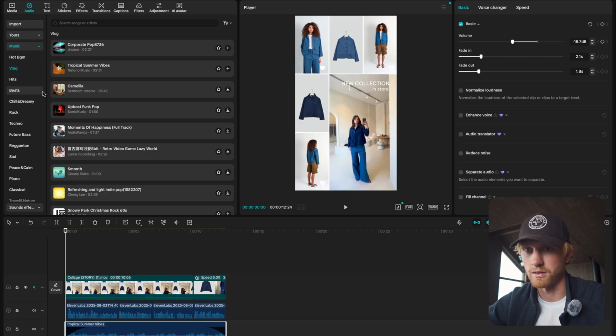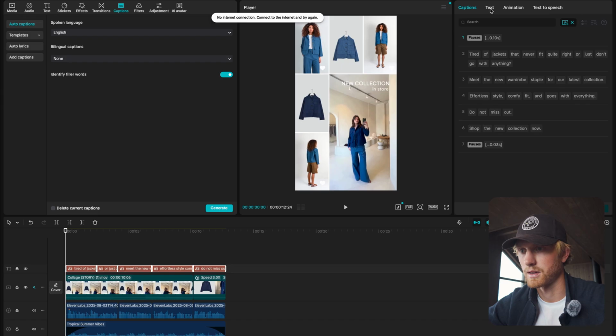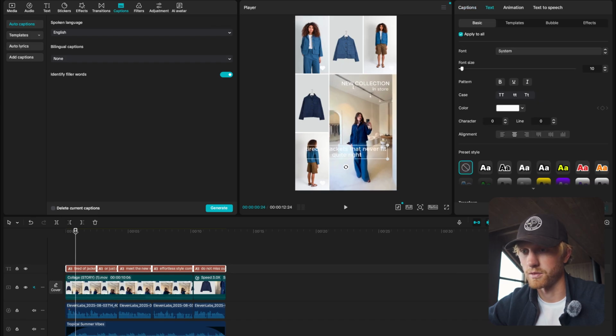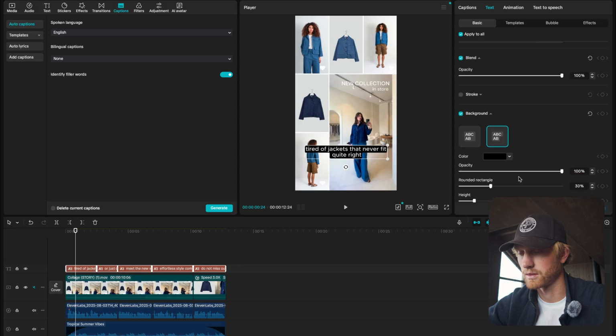Fade in, fade out. Boom, there you have it. So now we're just going to add the captions to it, and then the next variation is done. Next thing we're going to do is, like before, we're going to add some background to it. And now I'm going to make it,